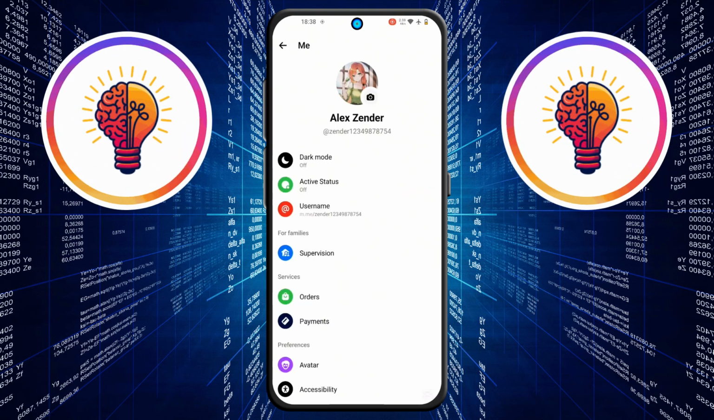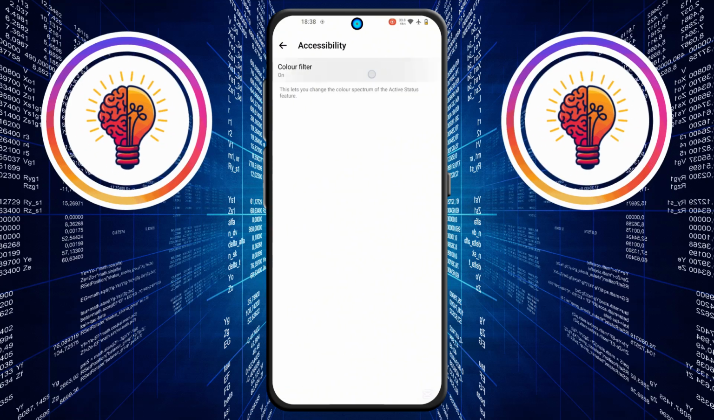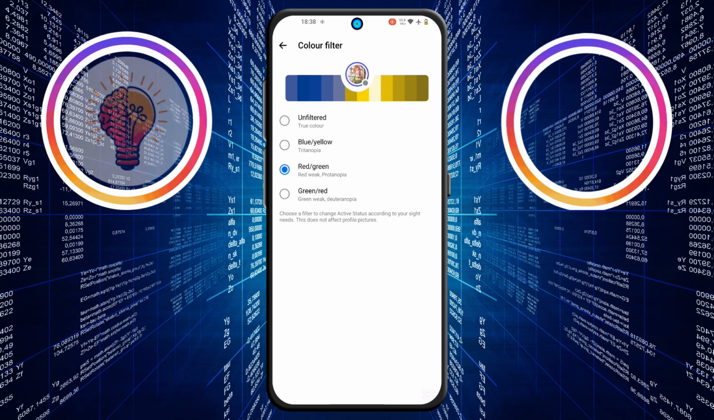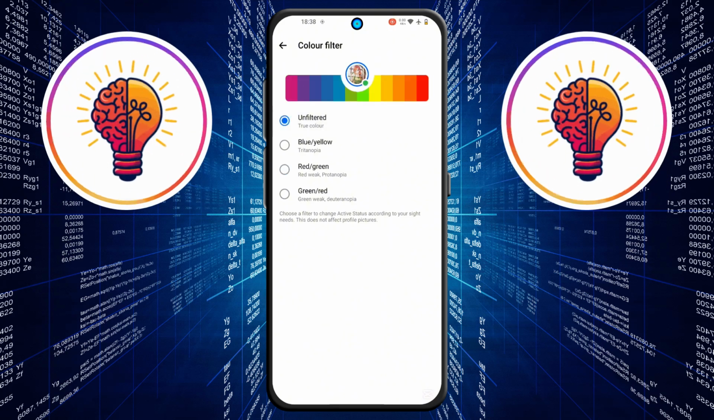Step 4. Now scroll down to locate the Accessibility option and tap on it. Then, tap on Color Filter. Unfortunately, this is turned on. Step 5. For the last and most important step, select the Unfiltered option to turn off the Messenger color filter